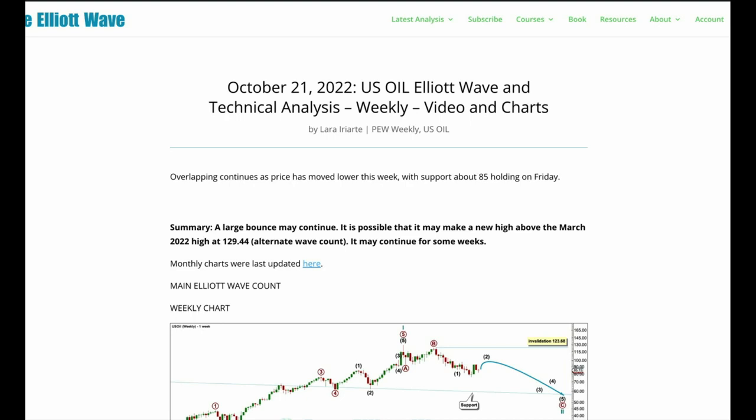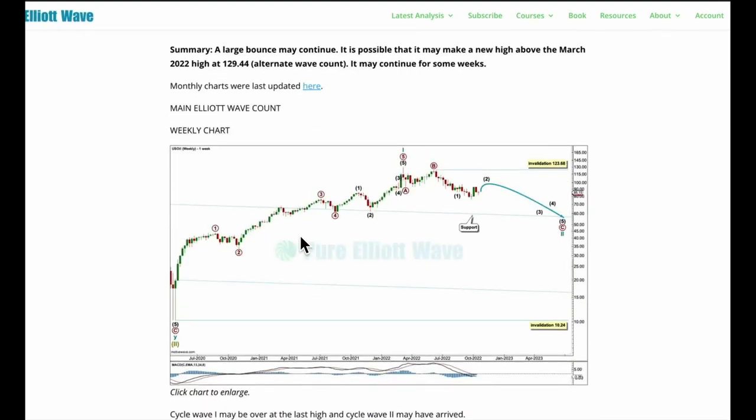Prices moved lower this week. Support remains about 85. I am still expecting for oil a bounce to overall continue. It's probably going to continue to be choppy and overlapping. It could make a new high above the March 2022 high at 129.44, and I will expect it to continue